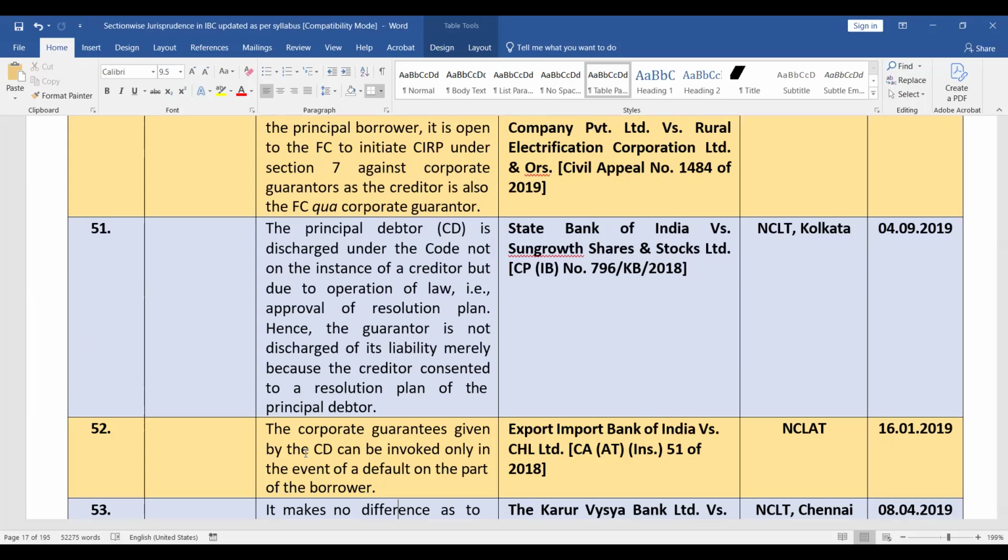Bank has given loan of say 100 crores. 80 crore was realized because of this resolution plan, but 20 crore is still outstanding. Then whether for that 20 crores whether it can proceed against the guarantor, the answer is yes. ठीक है, वो ही कहता है कि the principal debtor is discharged not on the instance of a creditor but due to operation of law. So guarantor is not discharged of its liability. ठीक है,